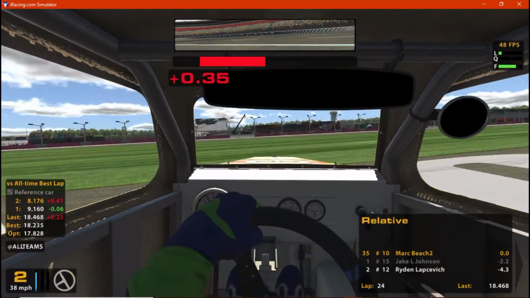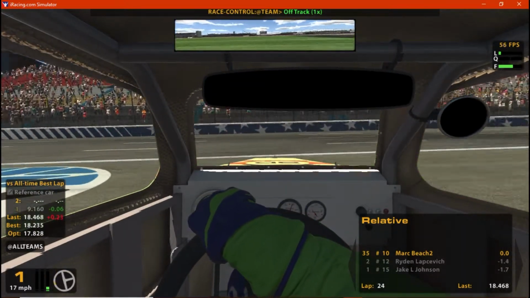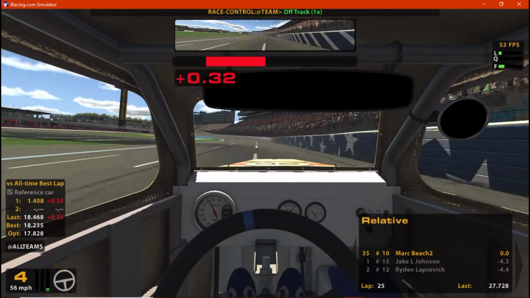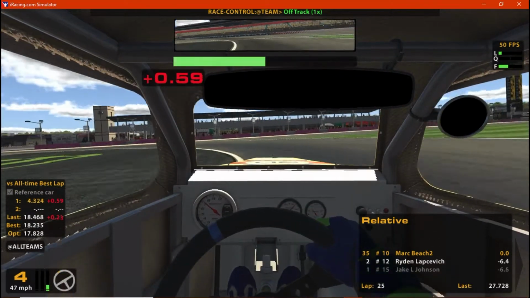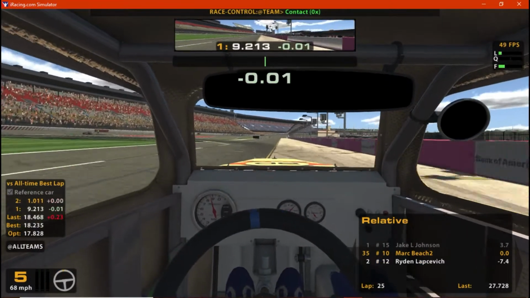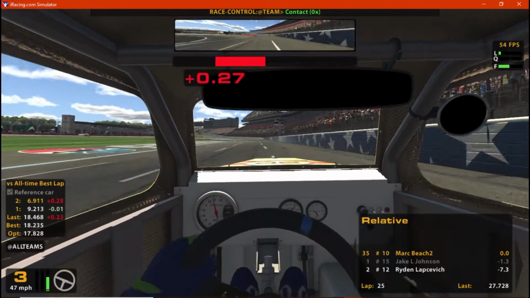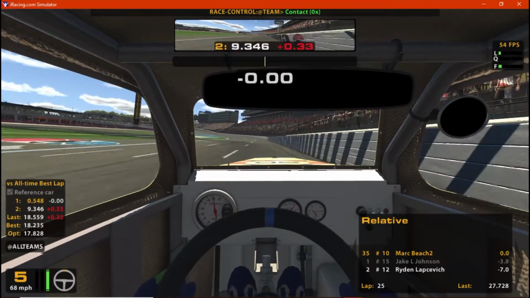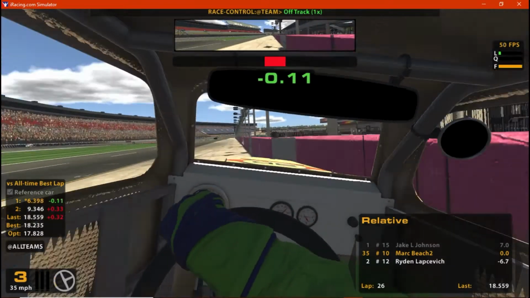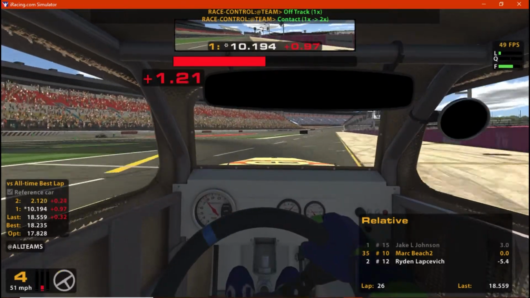The issue seems to be when it downshifts to third. I need to keep it in fourth gear somehow, which means I gotta go through the corner faster. Which is easier said than done. There we go. Ooh, watch the wall. There's the wall. Trying to get through the corner a little quicker, but